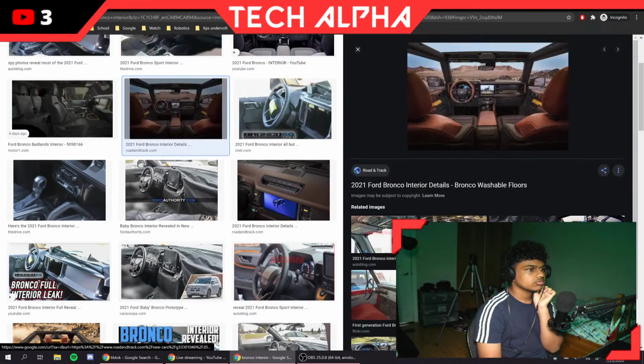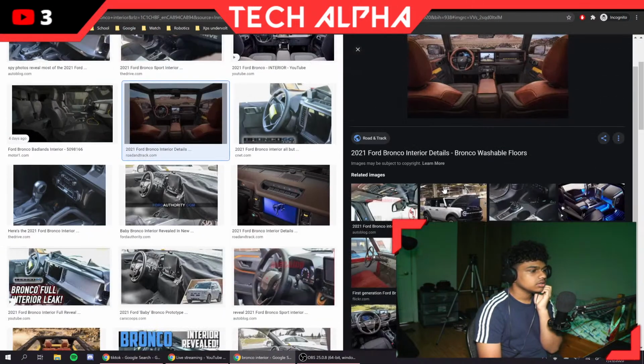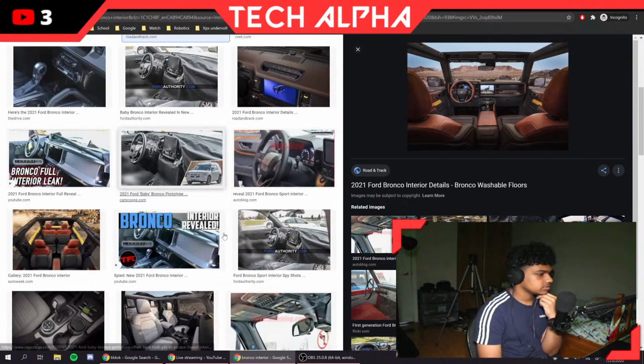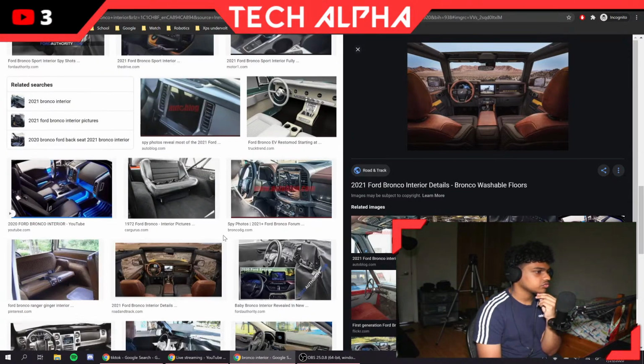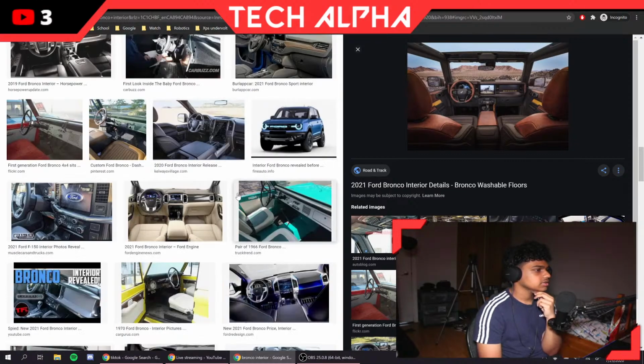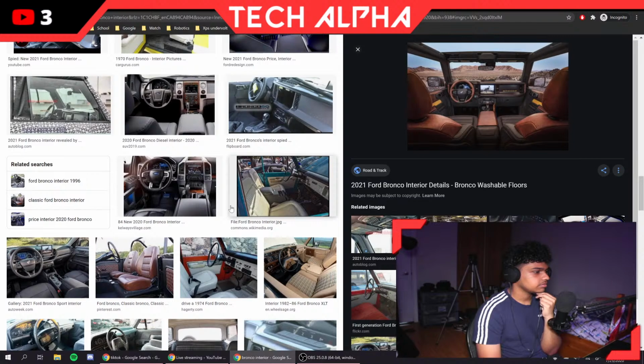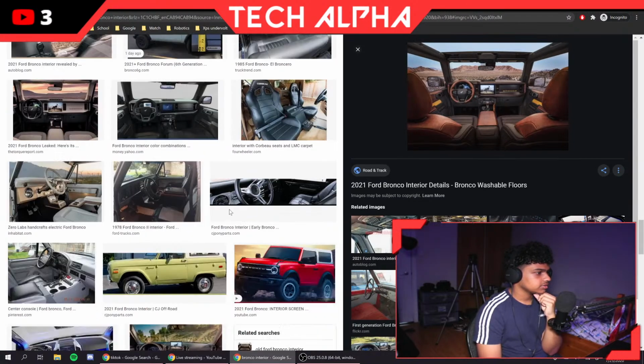Check this out. Bro, look at that tan or brown interior, the big screen. The Jeep is nowhere near that. Ford is gonna sell these like crazy, especially in the U.S. Even Canada might pop on this trend. It looks crazy good.